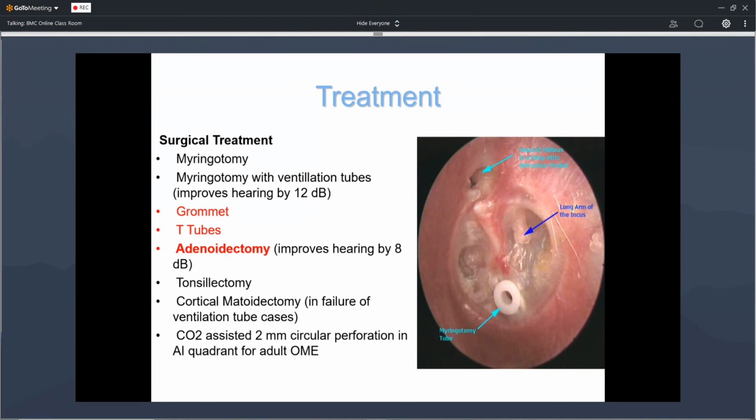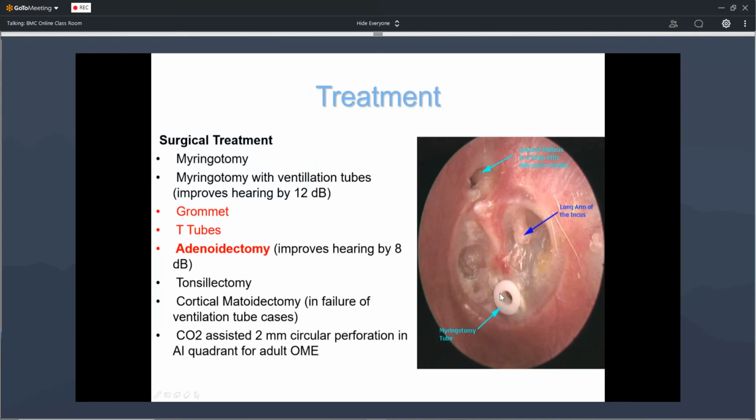Then surgical treatment for non-suppurative otitis media. The main surgical treatment is to make an incision in the tympanic membrane. That is myringotomy. Most of the time we give it in the anterior inferior quadrant of the tympanic membrane. If the symptoms are not relieved with medical treatment, this is the surgical treatment. This is the grommet or ventilating tube. After giving the incision, this tube is inserted into the tympanic membrane. It will stay there for at least weeks to months, 2 to 3 months.